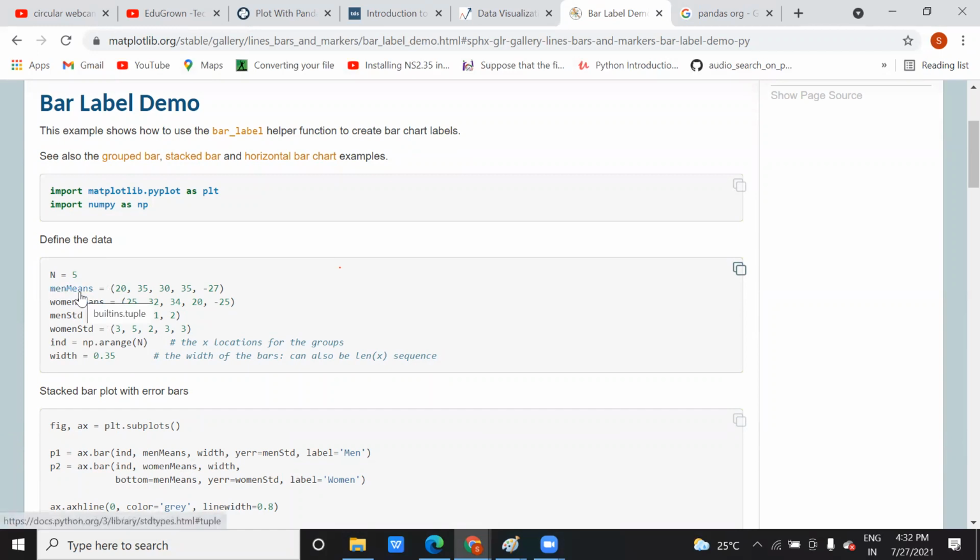Man mean, woman mean, so I'm taking two labels: man and woman. Then man standard, woman standard, and then I am going to arrange it. I will explain each and everything. Let me just run this, and then I will explain.